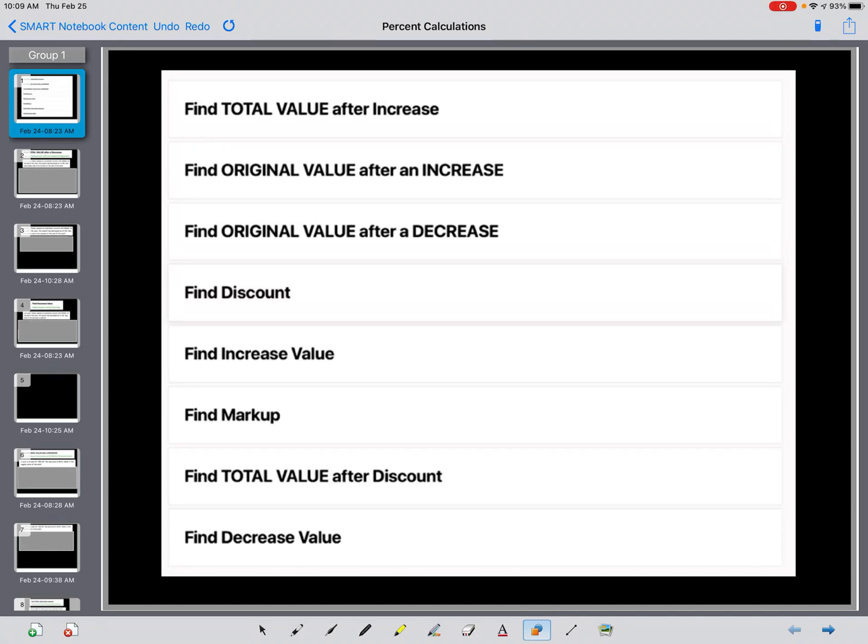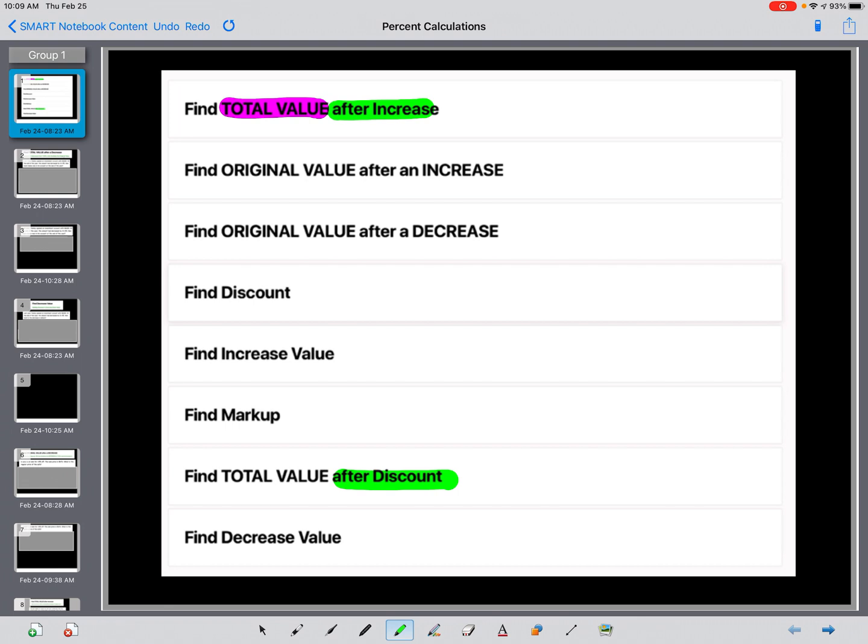So there are three major types of percent calculations that we should become familiar with if we're to have success with percent problems. I'm going to outline those three types here, starting with finding a total value. Finding a total value can occur after an increase, or it can occur after a decrease, or